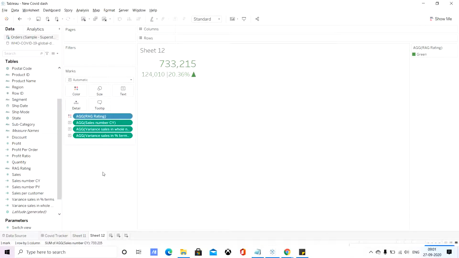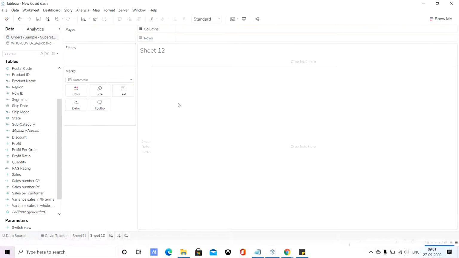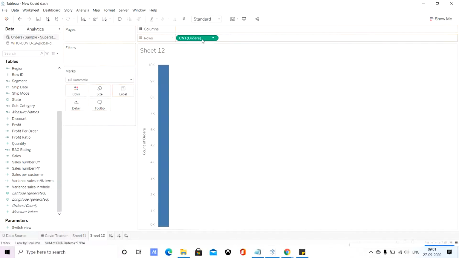And one more thing, probably you could have done that. See, everything is coming into green, but I don't want my KPI to be green. I only want my sales number to be green. So one more thing, I'm just going to show you one more workaround, a very beautiful workaround. I'm just going to take the order count, and here I'm just going to take